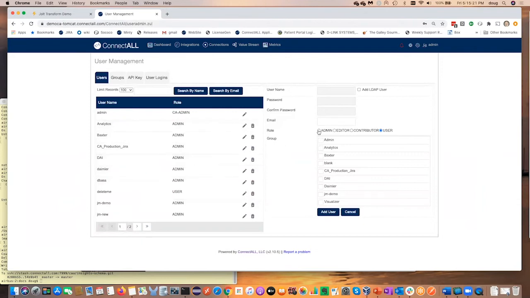And in the admin role, you can pretty much do everything except you can't manage the server itself. You can't change what database it talks to, for example. But you can create new connections, you can create new value stream integrations as an administrator. On the other end, a user can simply see the integrations that they have access to via their group, and